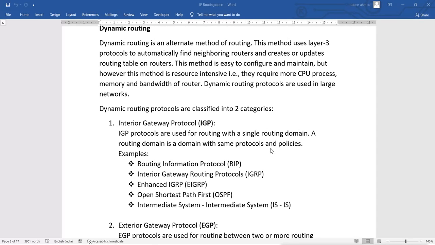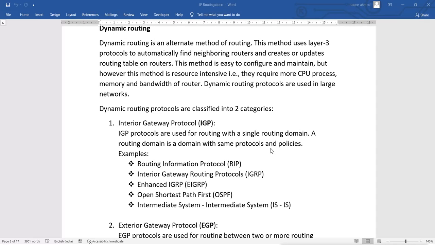So when you configure the network for your company or organization, you're configuring it for a single domain. It does not matter whether your routers and networks are in one country or another country, it is considered your own private WAN. When you connect your router from one country to the other, they will still be considered your single network. It is your single WAN connection, your private WAN, your interior gateway, your single domain.